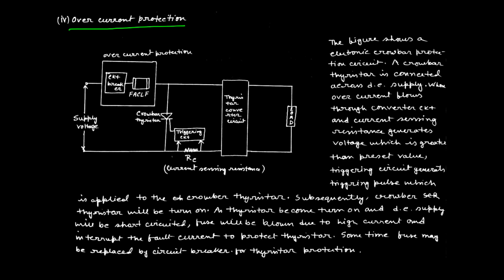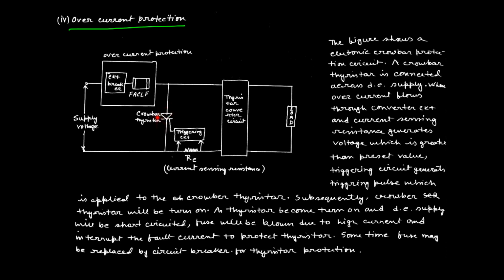We have considered a schematic or simple circuit diagram to protect against overcurrent during operation of the thyristor. The circuit is constructed by a circuit breaker and a fuse, widely termed FACLF, the full form being fast acting current limiting fuse, which is connected in series with the circuit breaker. And this total mechanism can protect the SCR from overcurrent phenomena.